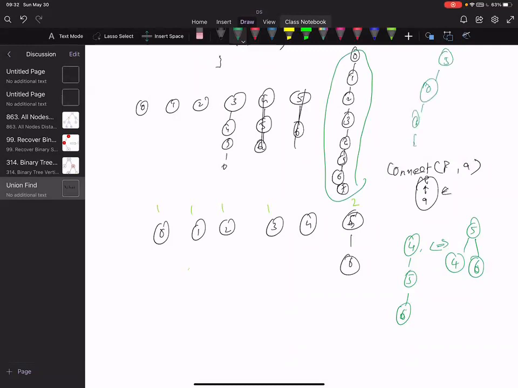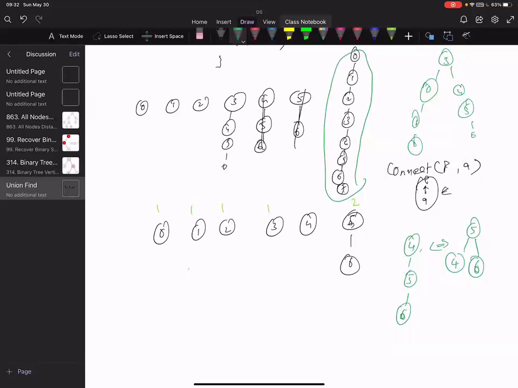0, 1, 2, 3. But while writing the algorithm, do we have to try both and choose the one which has a lesser depth, or do we not have to try both, and we can know beforehand which will have lesser depth? So see, yes, good question. There are both ways you can do it.